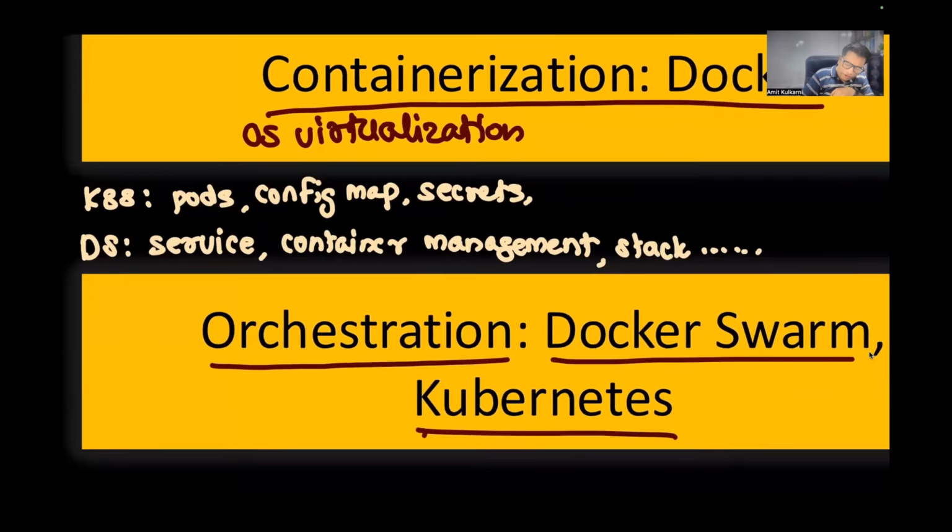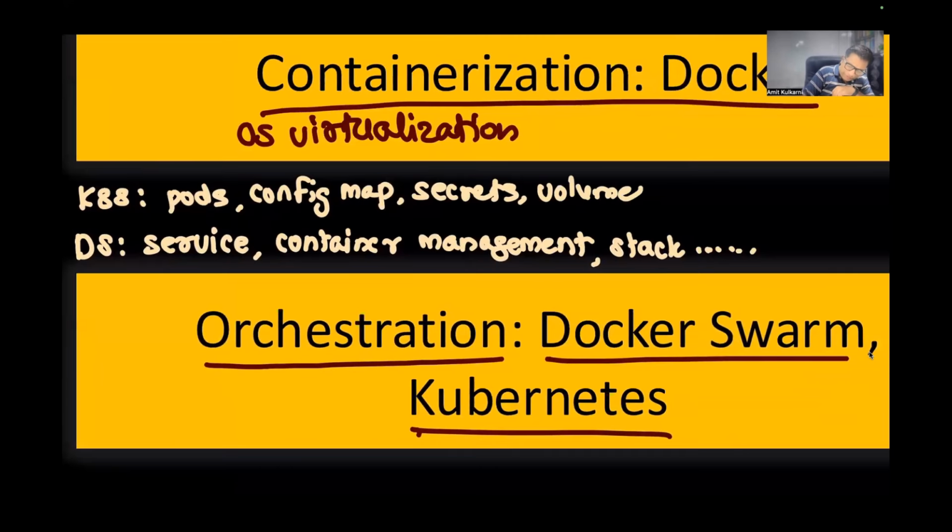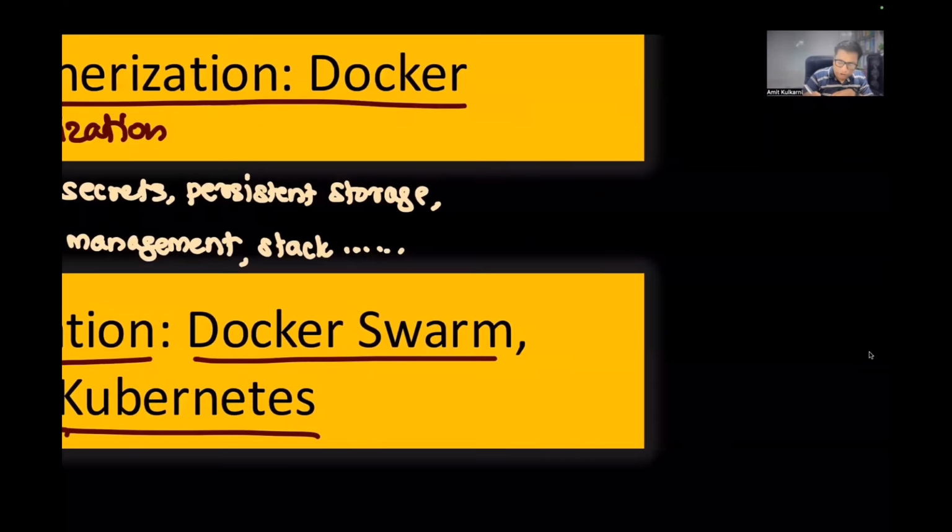Then we'll talk about something called volumes. This is called persistent storage. Instead of saying volume, I can call this persistent storage. PS, it is known as persistent storage, which is converted into volumes later,